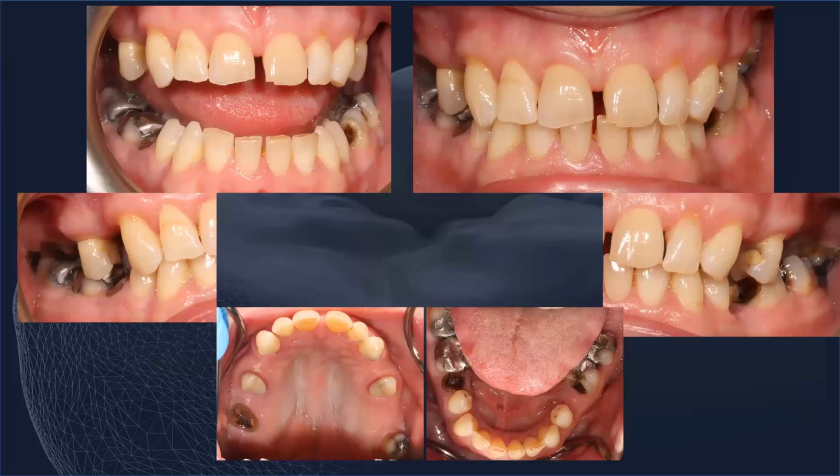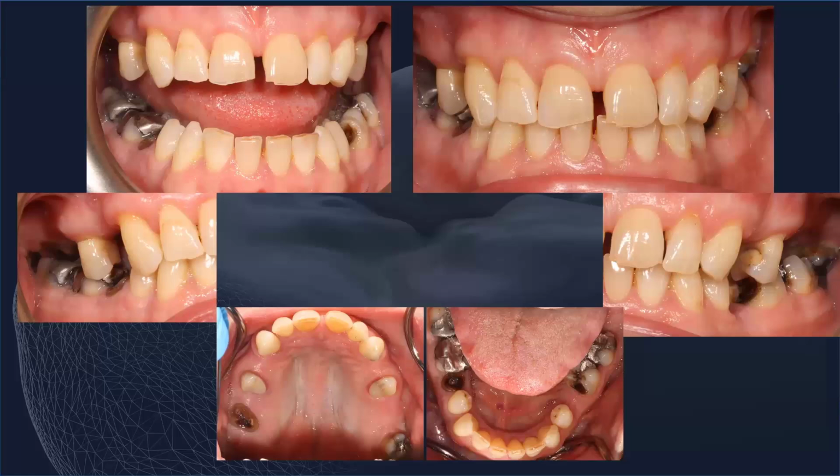Another case, this patient, if you look at anterior teeth, yes, there is a lot of wear. Lower anterior, there is wear, but the main issue is posterior collapsed occlusion. You can see from the side shots that the patient's got posterior occlusion which is completely collapsed. Now, what can you do in this kind of circumstance? We will discuss this a little bit more in detail later on,